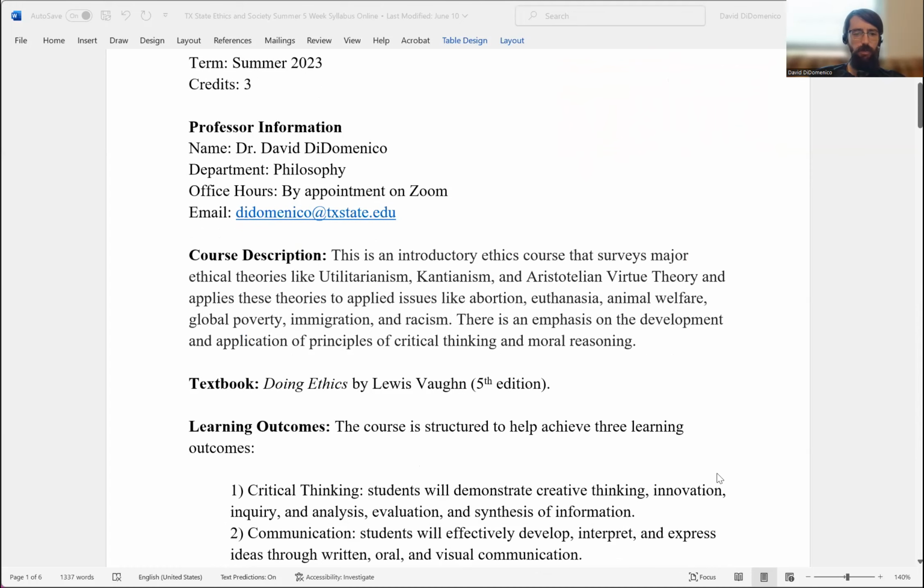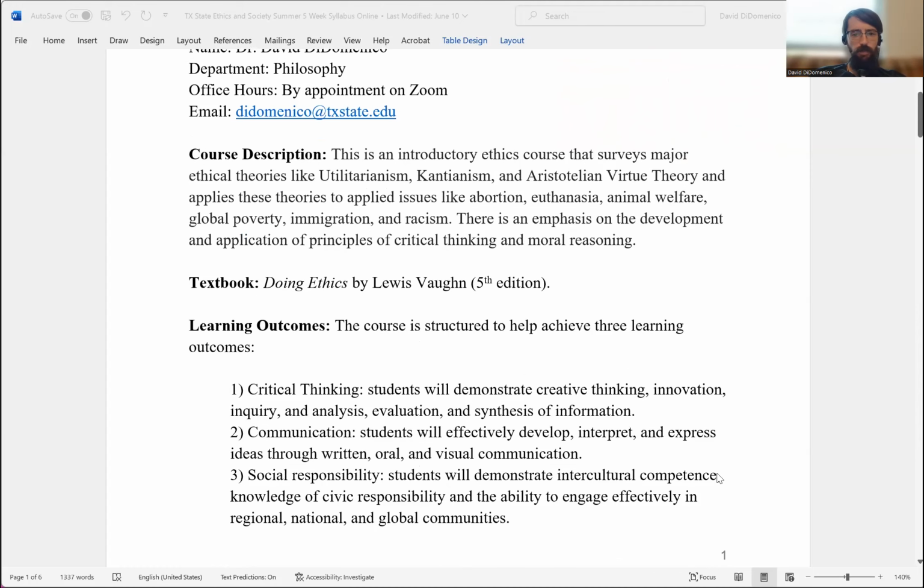It tells you what our textbook is. We're using the 5th edition. It's this book, Doing Ethics by Lewis Vaughn, but you can also get the 4th edition. That will be good too. You can get a hard copy or an e-copy. There are also PDFs of this textbook that you can get on the internet. But the lecture videos that I'm posting to YouTube